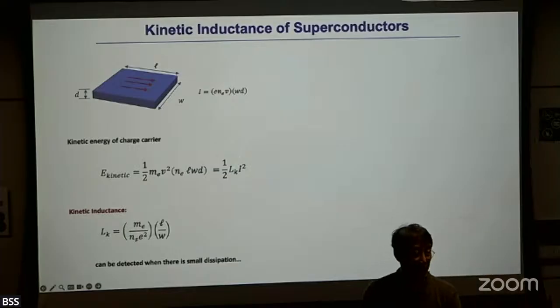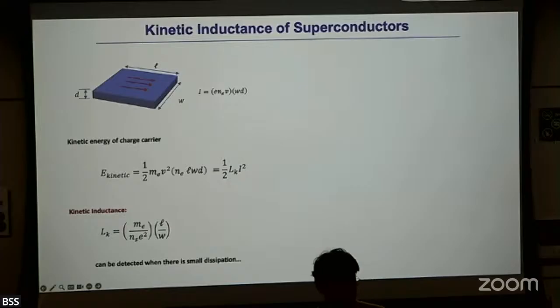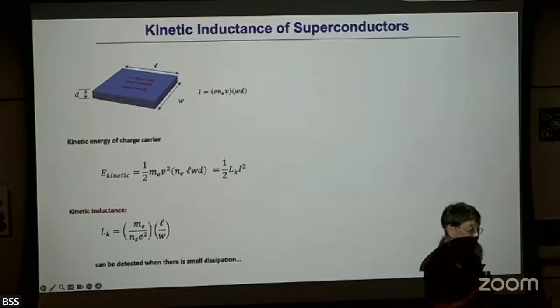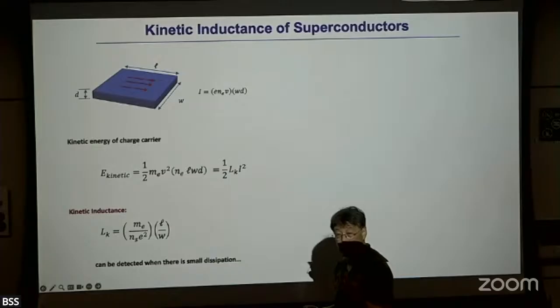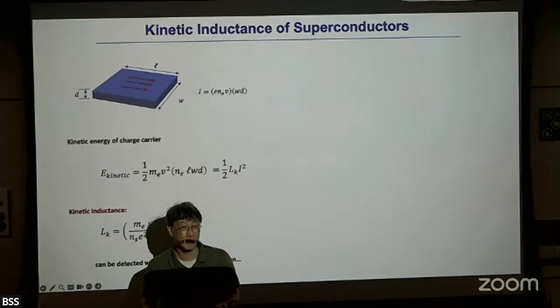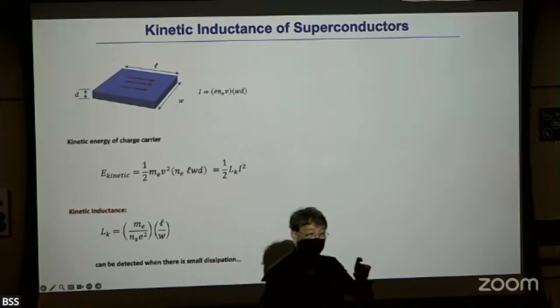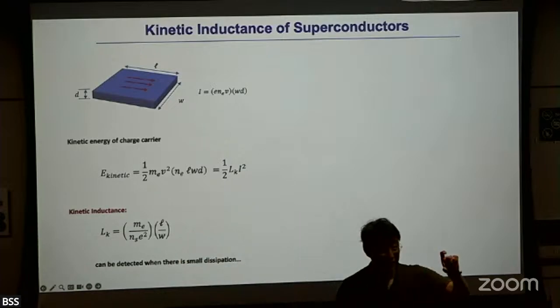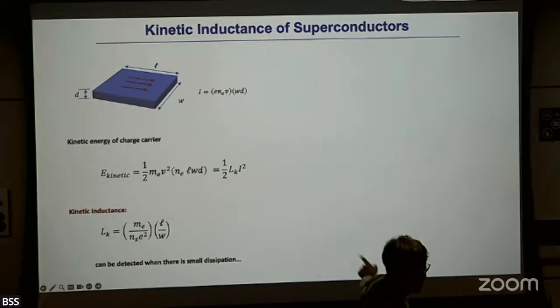If you go back to basic freshman general physics, a basic inductor carries a current, and you ask what is the energy stored in the inductor. This is exactly the relation, right? So in some sense, what this tells you is that the kinetic energy of the carriers behaves like an inductor in the system. And that's precisely the discussion I had in the Lorentz oscillator model. When I look at this Lorentz oscillator at any finite frequency, there's an inductive response, and that inductive response is precisely of this form, right?